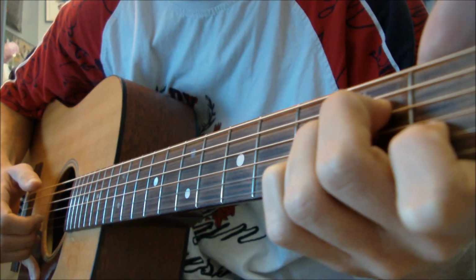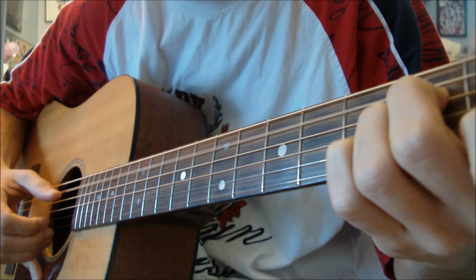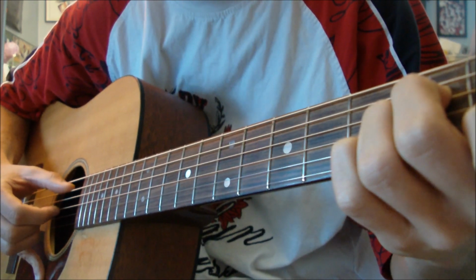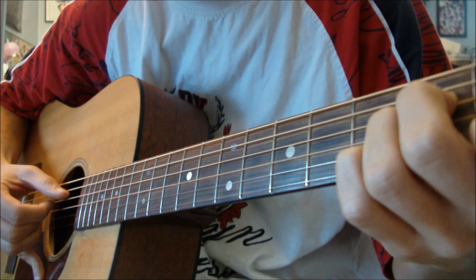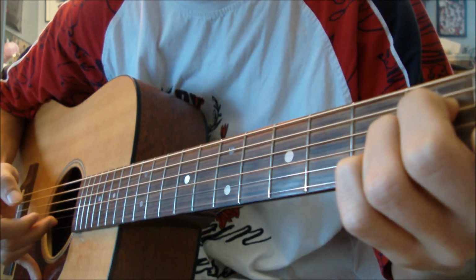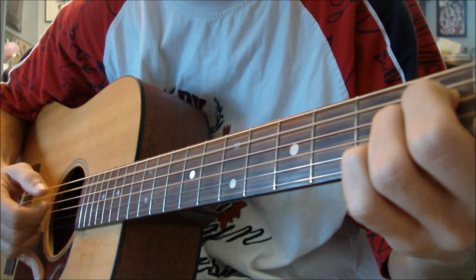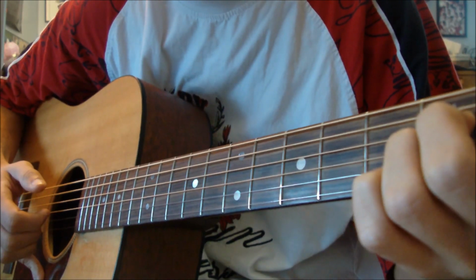And now for the rest of the intro, pretty much just goes like this. Goes thumb on the A, then thumb and ring finger on the D and high E, and then thumb on the A, index on the G, thumb on the D, and middle finger on the B, and then we just repeat that same phrase again, so thumb, index, thumb, middle finger. So we repeat that twice,